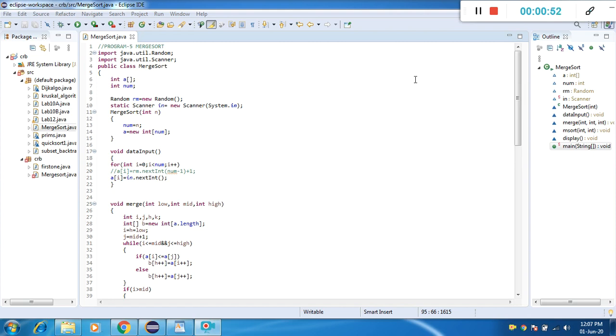Just go on dividing the original array into sub arrays, and when no more division is possible, start merging the elements from sub arrays to get the original sorted array. Let me explain this program line by line, or we can discuss this program as merge sort. First, import the class